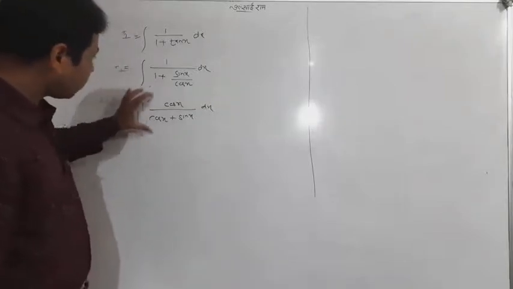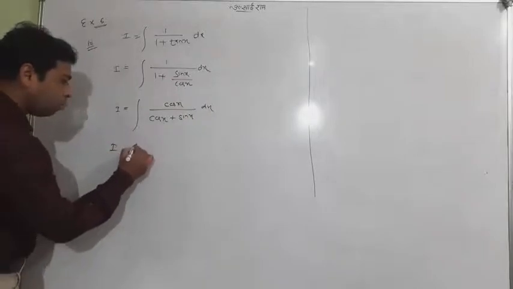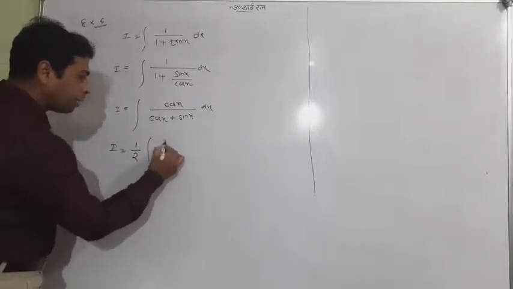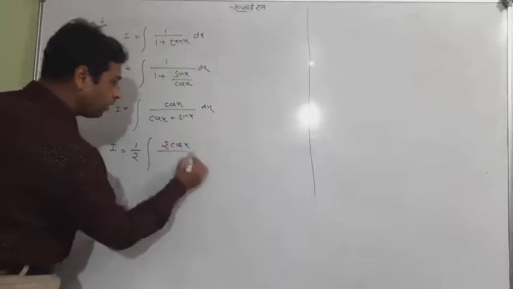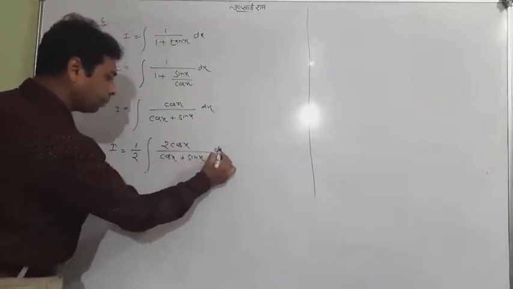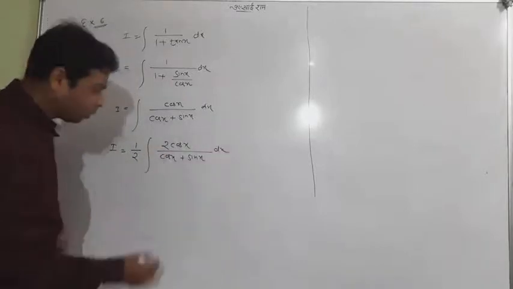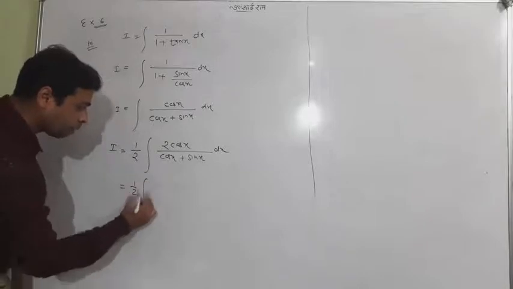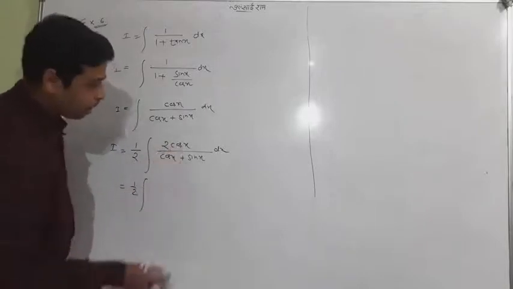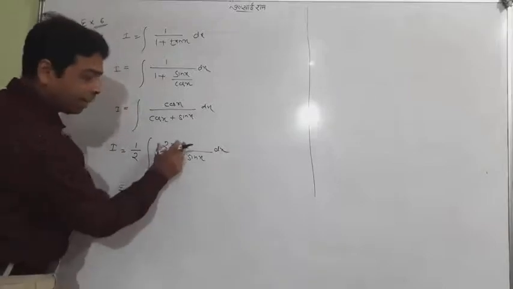So if this is the question, how to deal with it? Look, it's a particular method. You have to divide by 2 and multiply by 2. This is particular. Do the practice as much as possible from your side. Multiply and divide by 2. And why did I do so? Look at the steps. This is 2 cos x. I will include sin x in the numerator so that it is balanced.